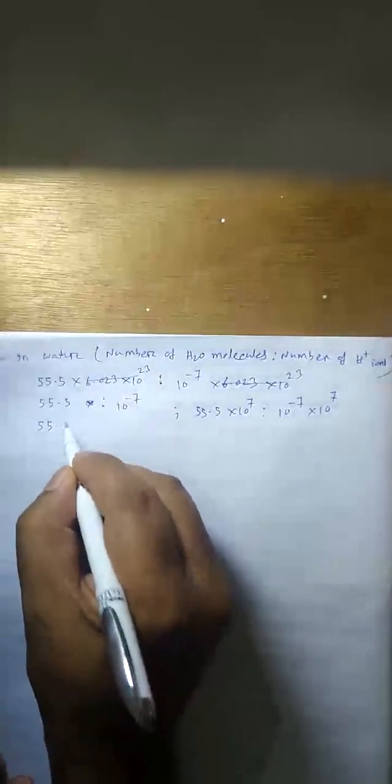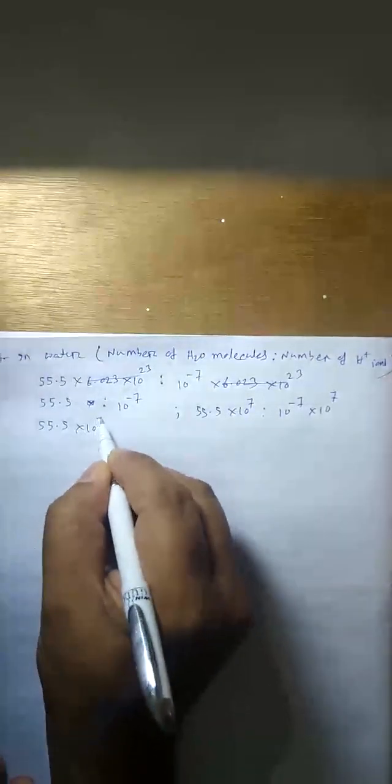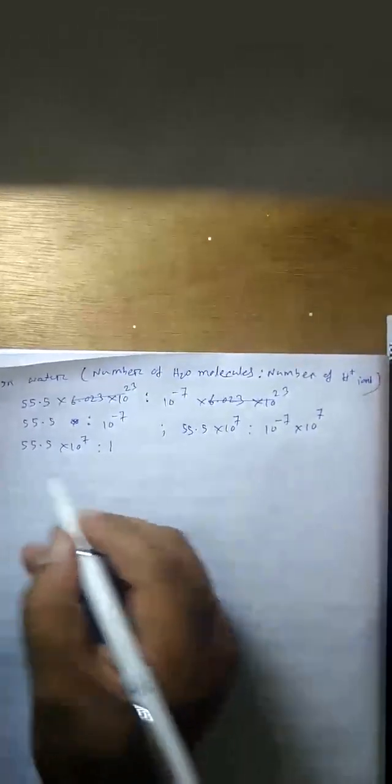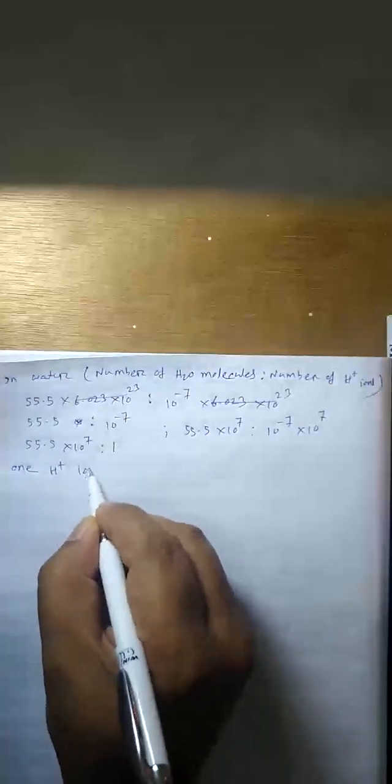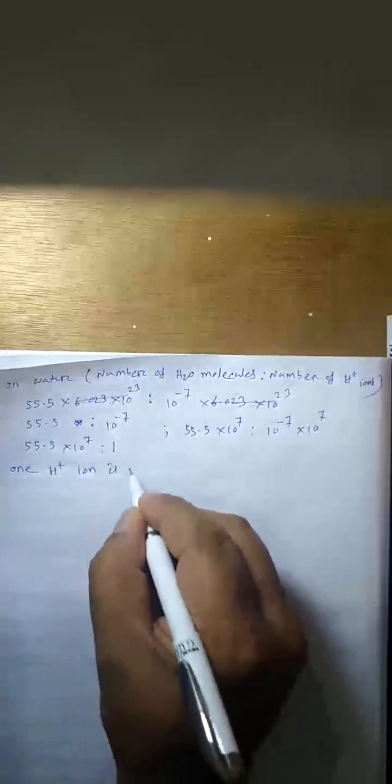Then what we get? 55.5 into 10 to the power 7 is equal to 1. That means 1 H plus ion is present